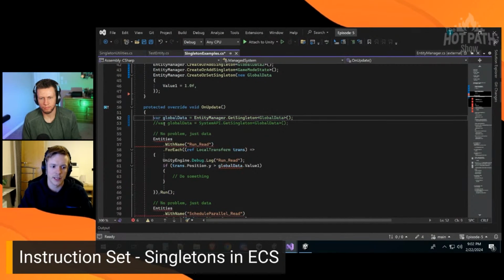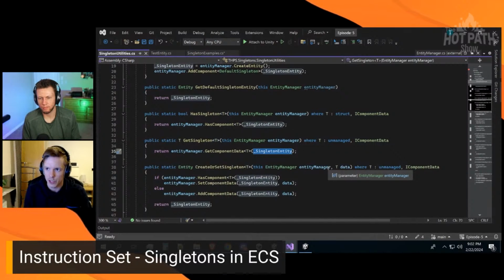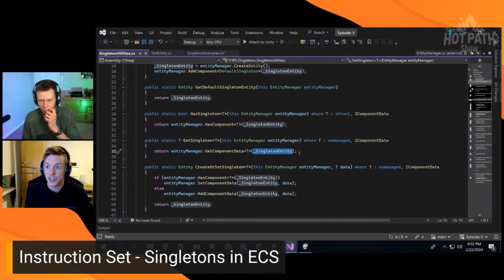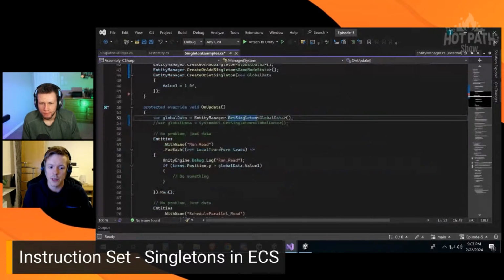You can do it like this: entity manager get singleton, have your own overloaded version, which just gets the data without doing a query to find which chunk you're at, because you already have one global static entity. So you already know. I don't think queries are at all a performance issue, but there is something going on behind a query, so doing this has got to be slightly faster. And also this is not burstable. I think there's a way to do this burstable, but static